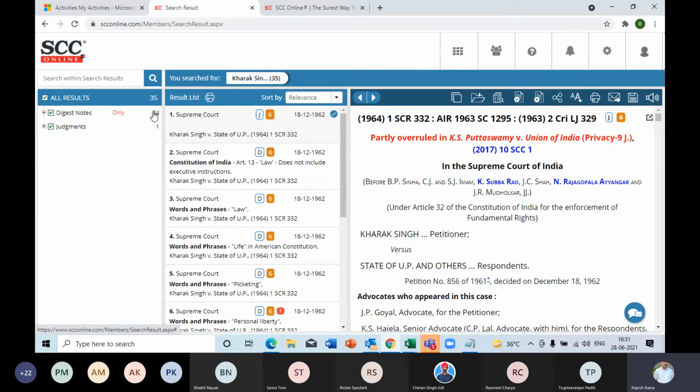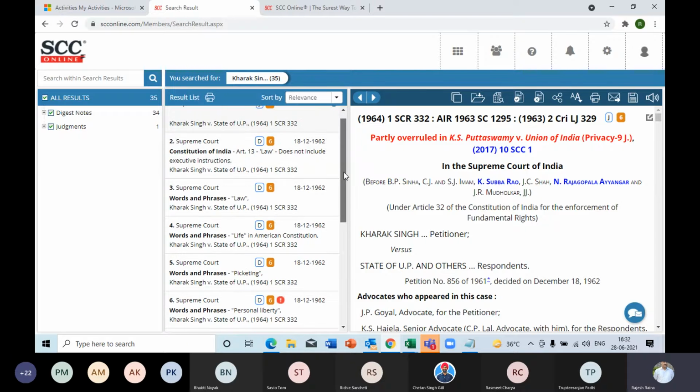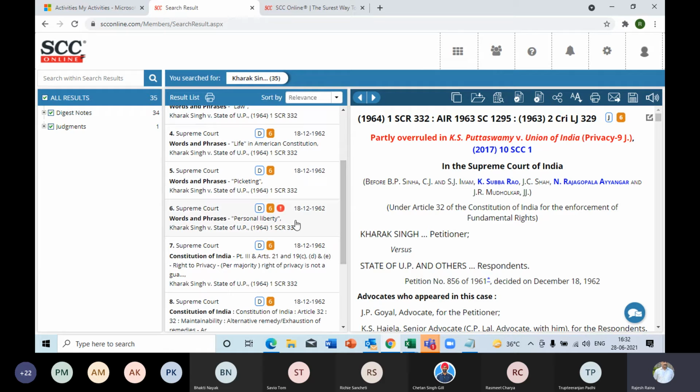Not only the judgment, but the law points also associated with it, which have been prepared by our editorial team, 34 in all. And in the second column, that is the result list, you can see a couple of labels. J stands for judgment, and 6 stands for the quorum strength. The quorum strength is 6 in this case. Now the second one is D. The label D stands for the digest note or the summary part, and 6 is of course the quorum strength. Now in this, if you scroll down further at point number 6, you see another additional label over here,